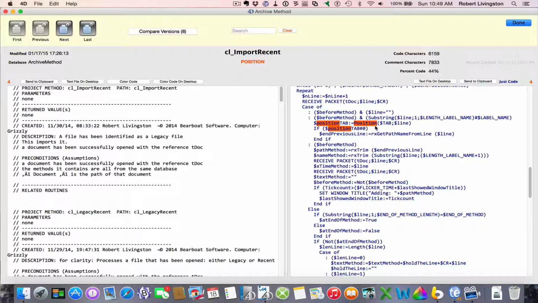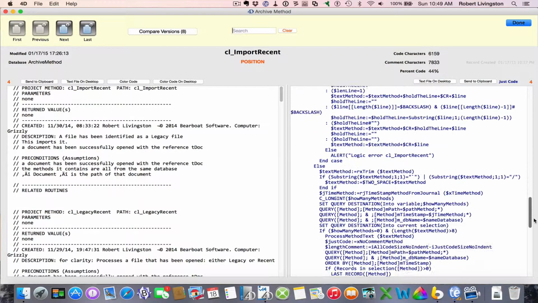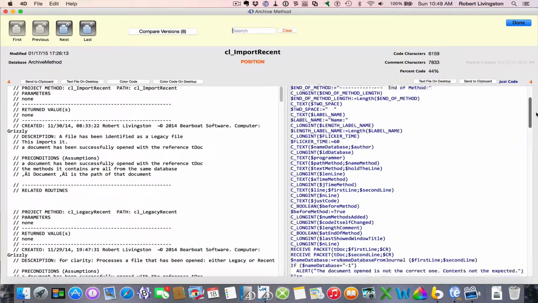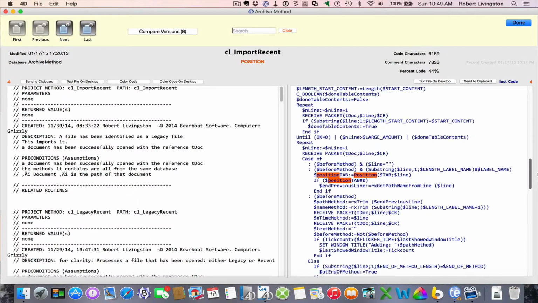Here's position being used as a command, but there is no trailing asterisk as the last parameter. So in fact, while this piece of code does contain the word position, it does not contain position used with a trailing asterisk. If I change this to look specifically for a trailing asterisk,